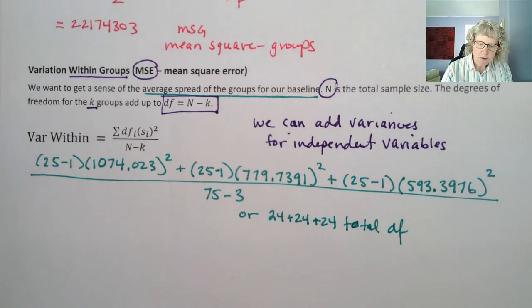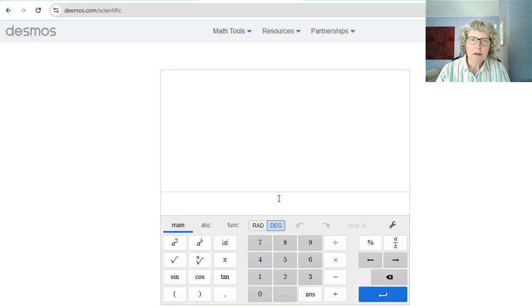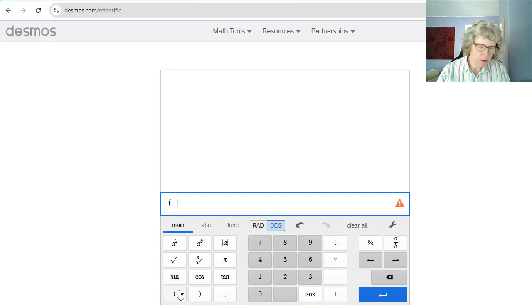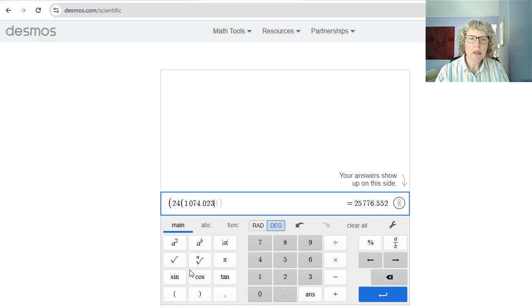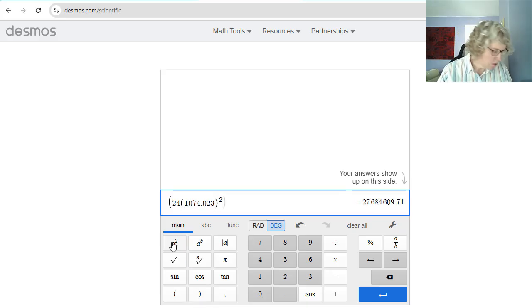Okay, let me go over to the calculator on Desmos. So I'm going to do an open parenthesis because I know I'm going to have to close it at the end to divide. And I'm just going to do the 24 to make it easier. So 24 times parentheses 1074.023 parentheses squared